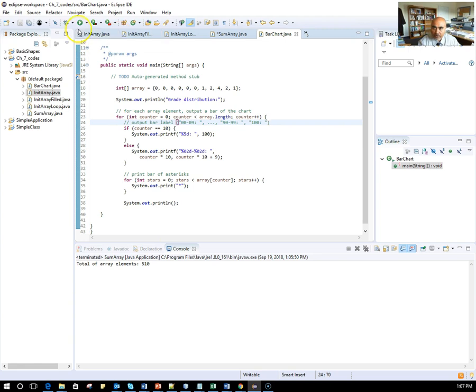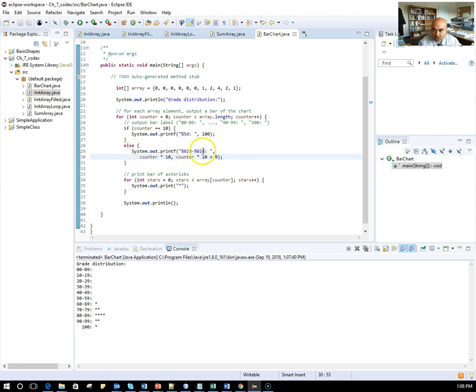So let me run it first, and maybe it's going to be easier if I show you what I'm doing here. So this statement for int counter 0, okay, look, once you go inside, so at this point my counter is 0 less than array length, so this is the length of my array, which is 10 or 12 numbers. This is true, and then I come in and I said if my counter equals 10, which is not true, so I would skip the if statement, get into my else statement, and in my else statement I have a system out printf